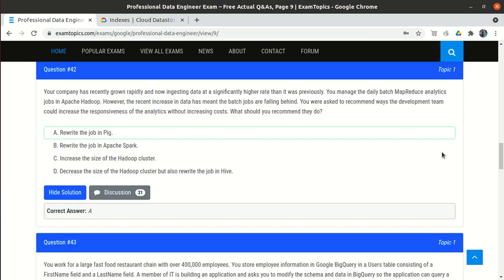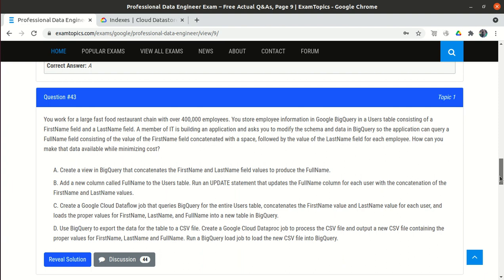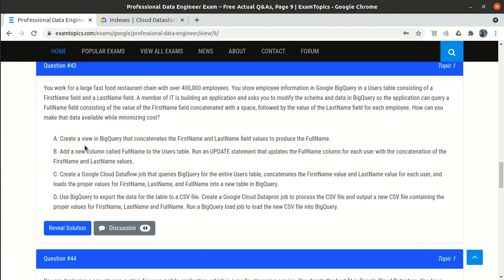Okay, now let's look at question number 43. In question number 43 it says you work for a large fast food restaurant chain with over 4 lakh employees. You store employee information in Google BigQuery.